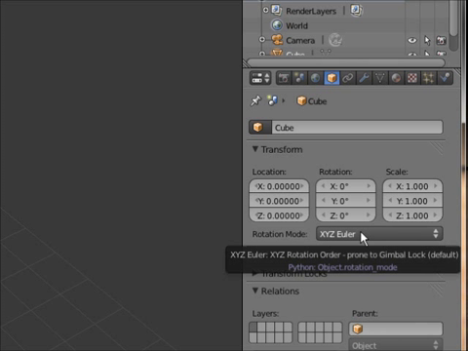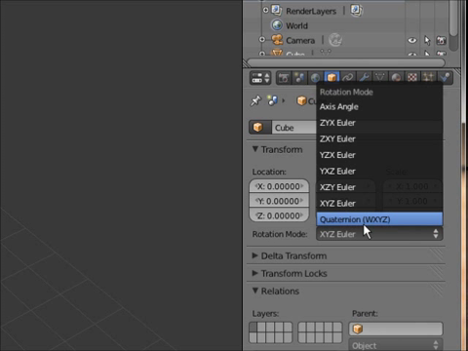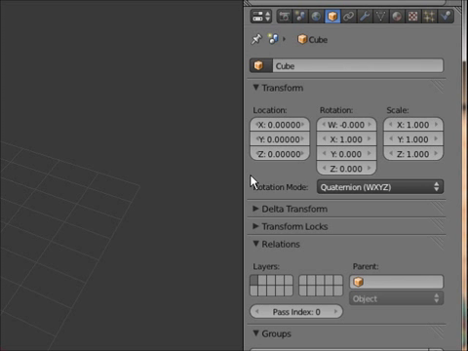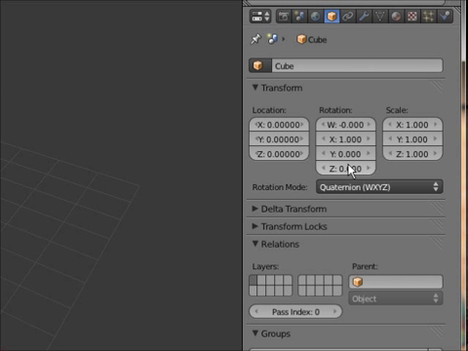and the reason why I'm mentioning this right now is because I want to talk about the quaternion rotation mode. I probably butchered the crap out of that name, but whatever. The reason why I want to talk about it is because unlike all the other methods, which have just X, Y, and Z basically, which are simple enough, this one has 4 variables for rotation, and it's a very weird system, but basically all 4 of these, if you square them all and add them all together, they must equal 1,